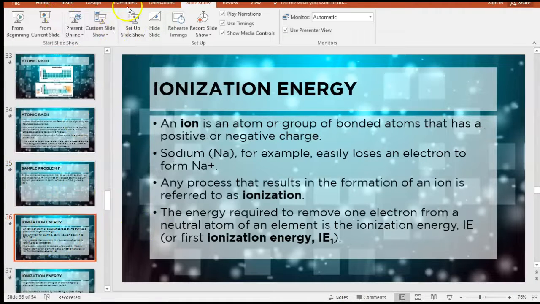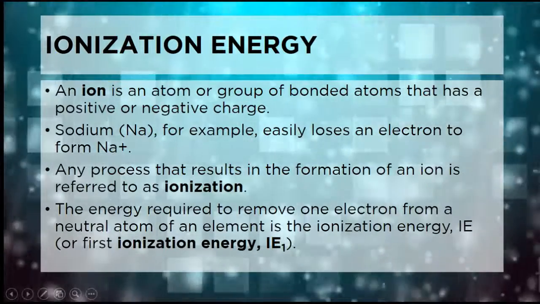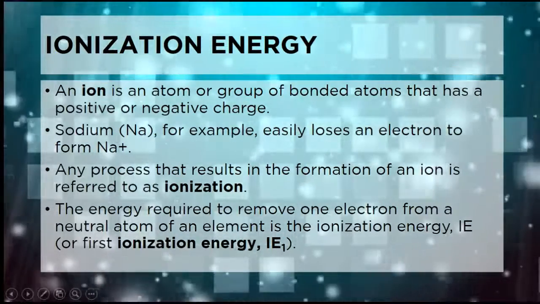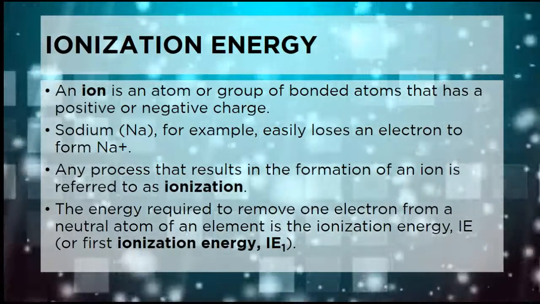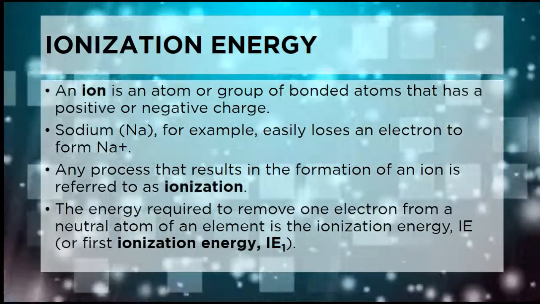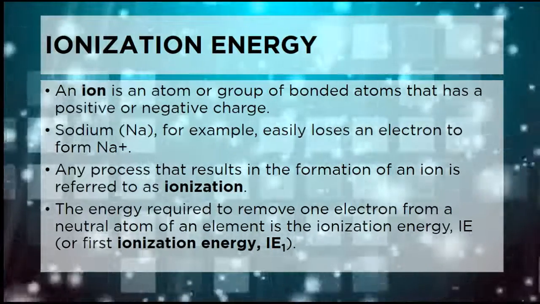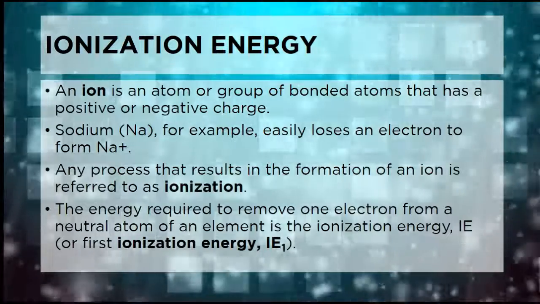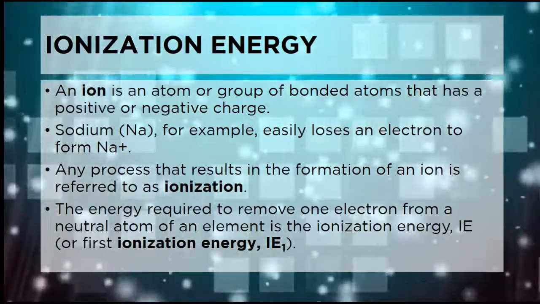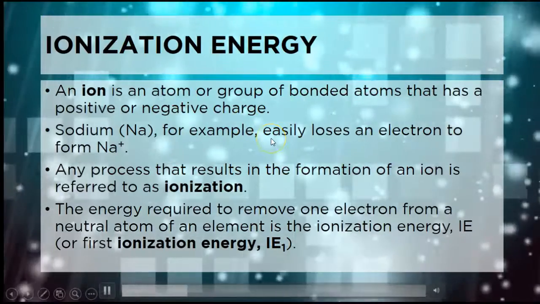So the other thing we're going to talk about today is ionization energy. We're going to define ions. An ion is a pretty big deal in chemistry. You might have learned about ions in bio. But basically an ion is a group of bonded atoms or just an atom itself that has a positive or a negative charge. So an example would be sodium, and that should be a superscript there, that plus for the charge. Should be sodium plus